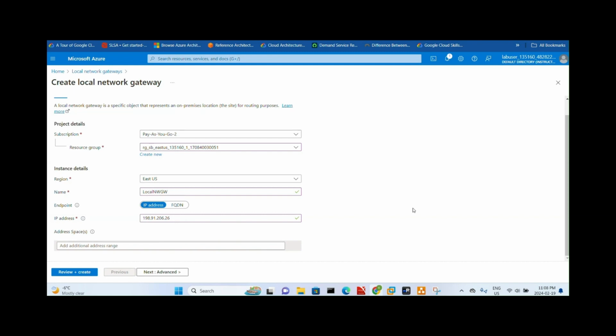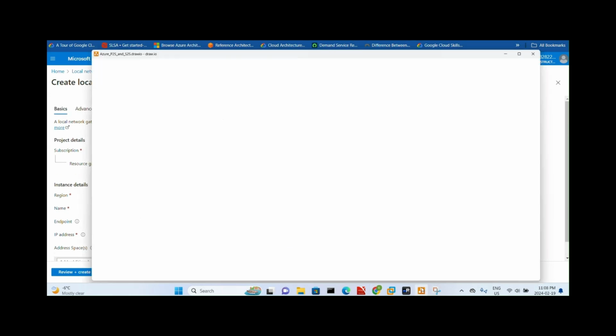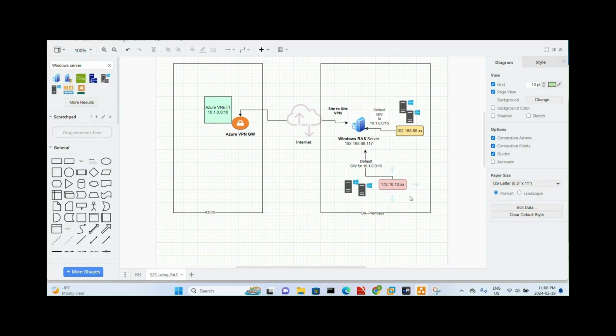So for example, in my home environment, if you remember the design which I was showing earlier, as you can see here, there are two subnets behind my RAS server. One is 192.168.68.xx/24, and the second subnet is